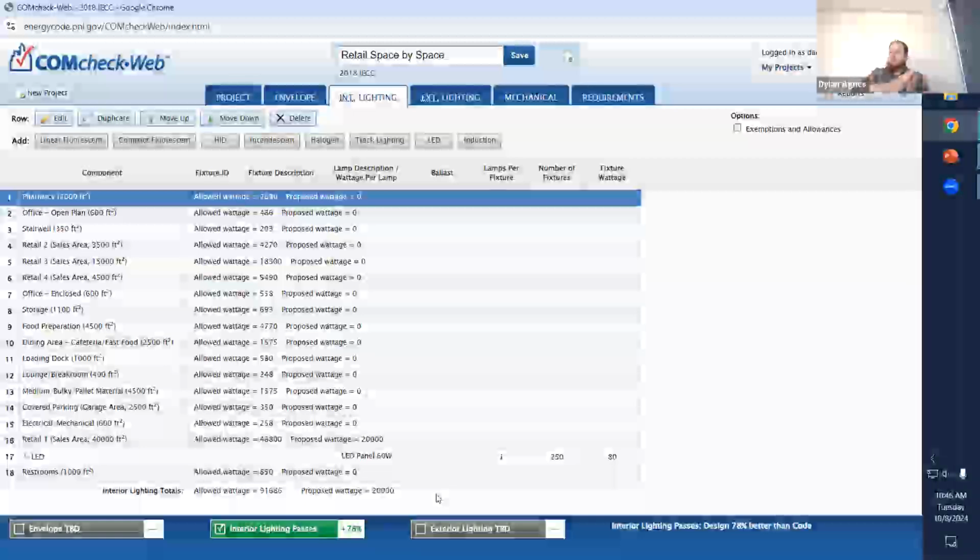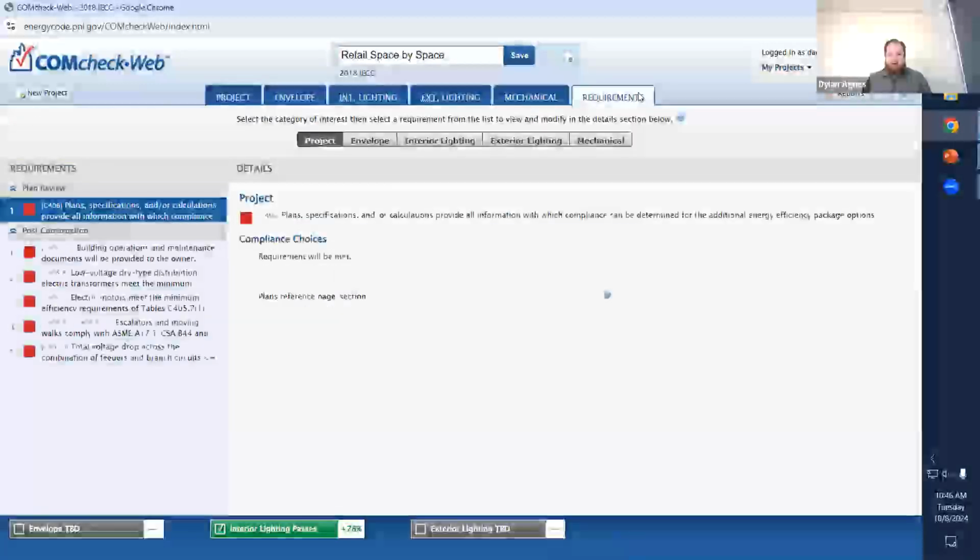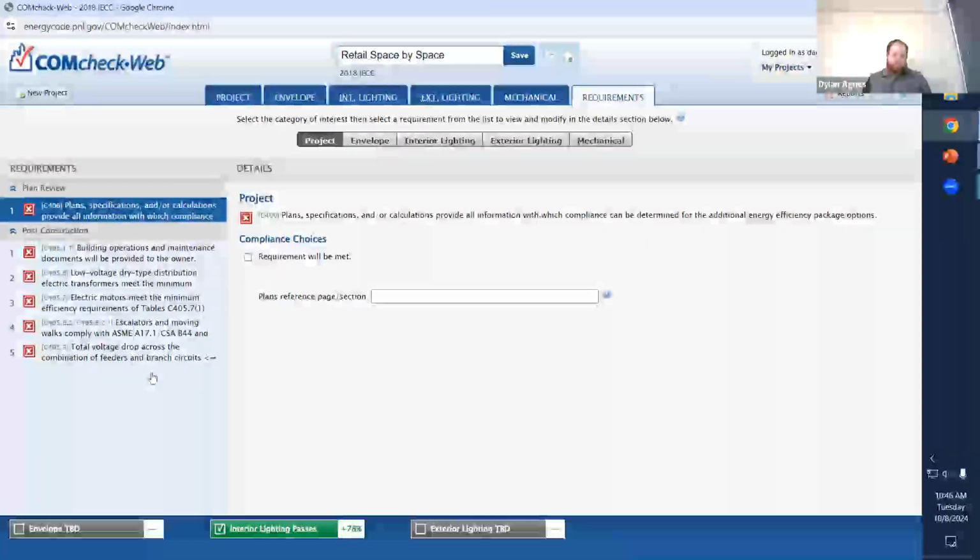Because again, this is a layer removed from code. So you always want to double check the math, or at least have someone double check your work, because ComCheck can be wrong. It can do the math incorrectly, or you may want to apply a specific exemption. So here's the requirements tab over here. So now that I've run it,